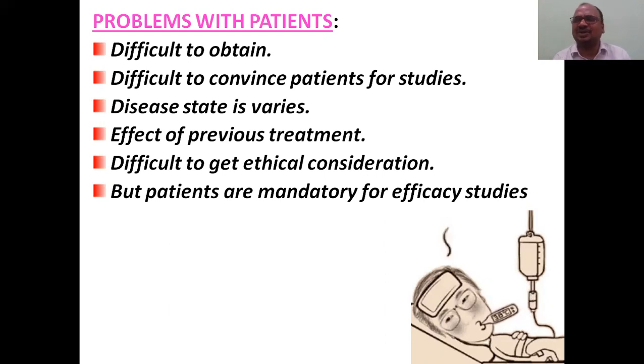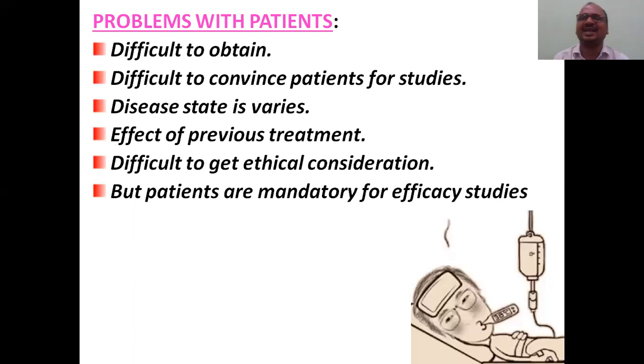Disease state varies from person to person. One person is in cancer stage 1, another in cancer stage 2. Your drug was developed only for stage 2, so in such cases it may not work properly on stage 1. We cannot say. So disease status varies. Some persons have a high fever, some have only a small, lower fever. Next, the effect of previous treatment. Suppose you selected a cancer patient, he may have already gone through various chemotherapy courses. That effect may fall into the study of your drug. Some traces of old drugs may be present in the patients. That's why previous treatment may vary.